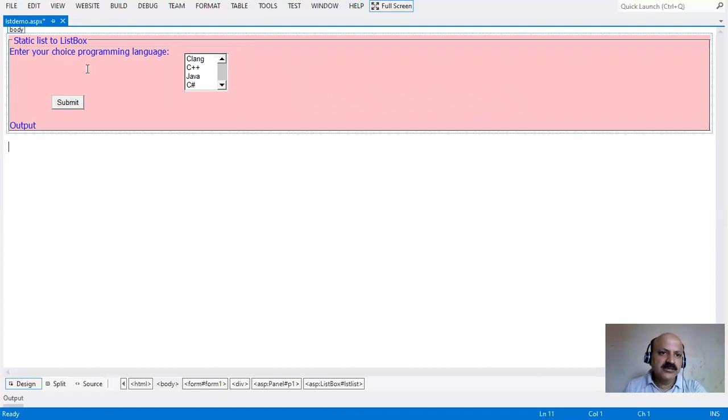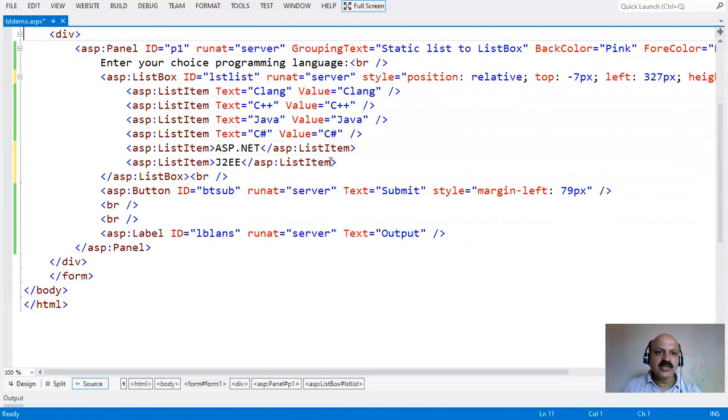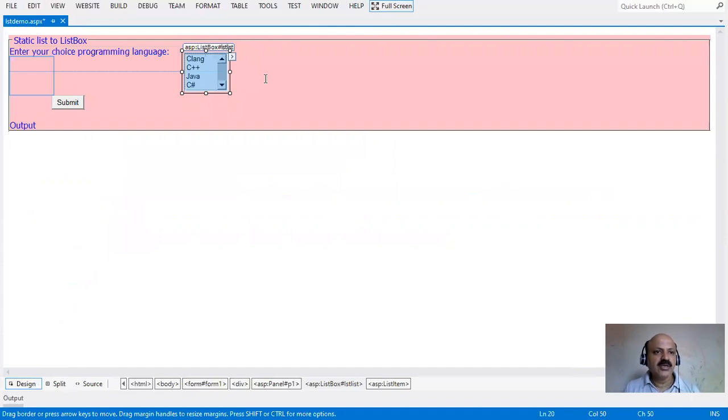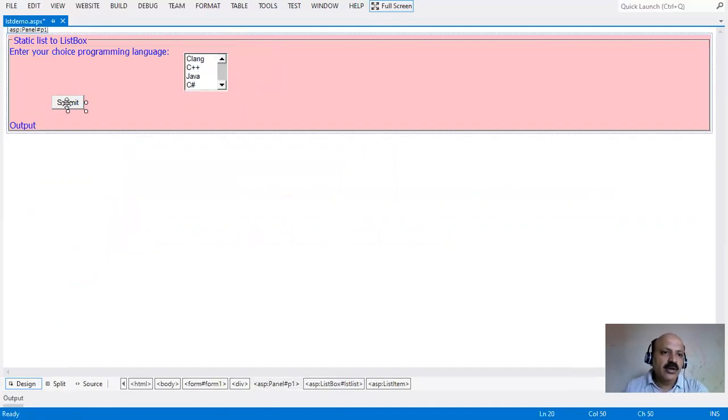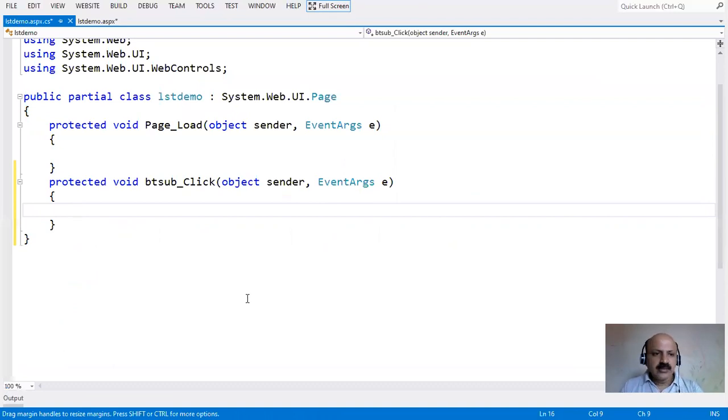Our design part is now perfect, and there are two techniques. Directly in source code we write our list item tag, and the other is providing the items in the span button, which looks different. Like we take here text and value, but here just a starting and ending tag, and in between ASP.NET is written. So that is the normal difference between providing the list here, and in design part the span tag where we provide the list. Okay, now the submit button,